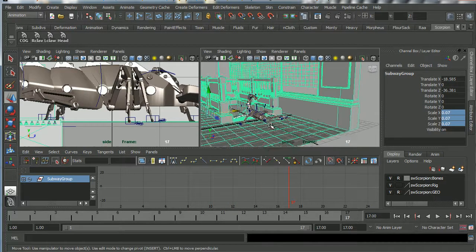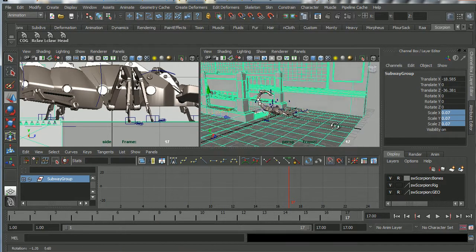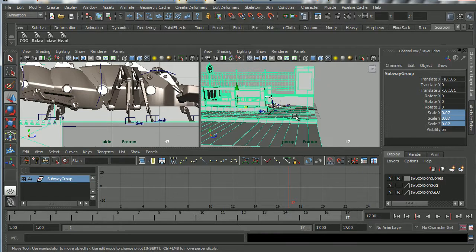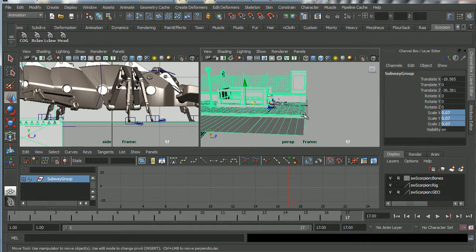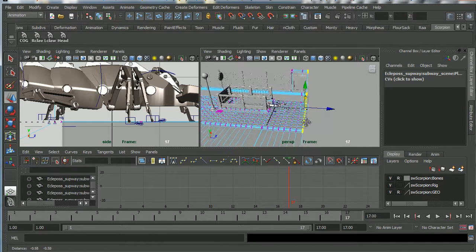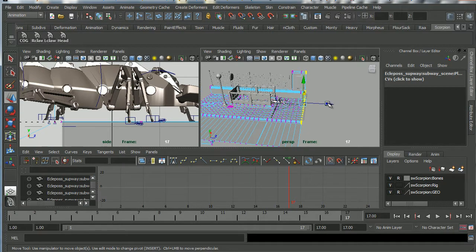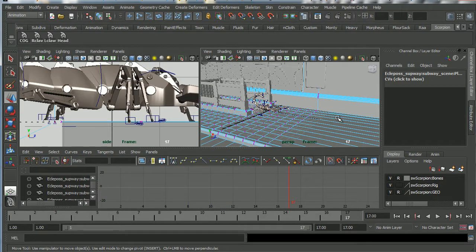But you can see that our set isn't really long enough, so we're running out of space over here. So I'm going to right-click on the subway and go to vertex mode. And now I'm just going to select these vertices on the end, hold down the shift key and pull them out in Z. So this is a sort of poor man's set extension. And now if I zoom in again, I've now got an extended set. Now I want to go back to object mode,